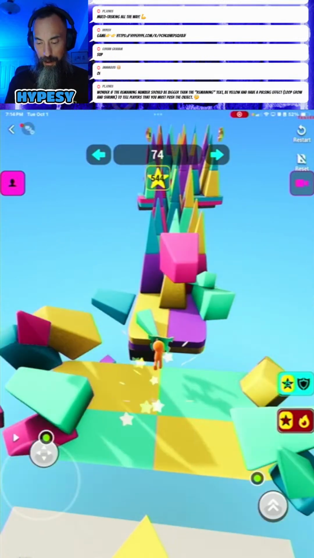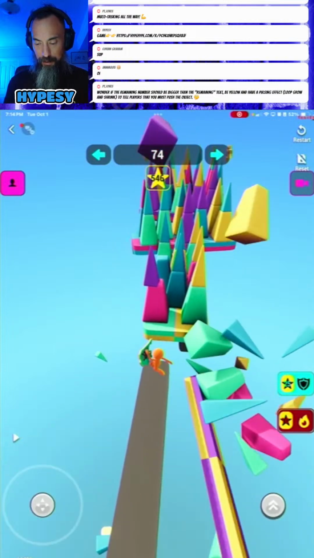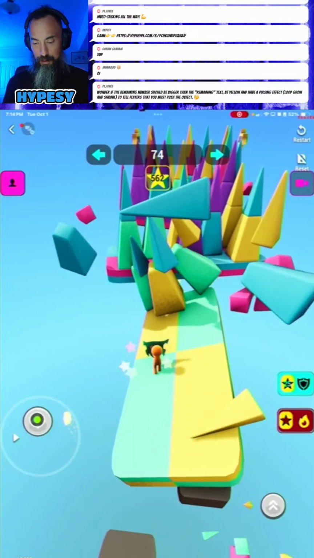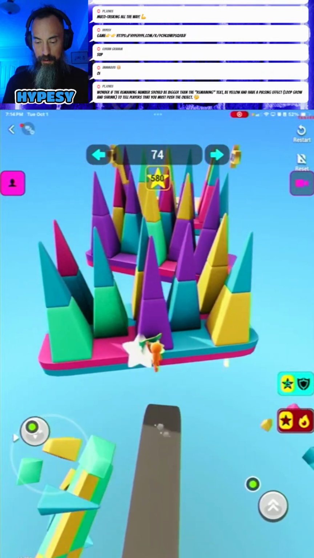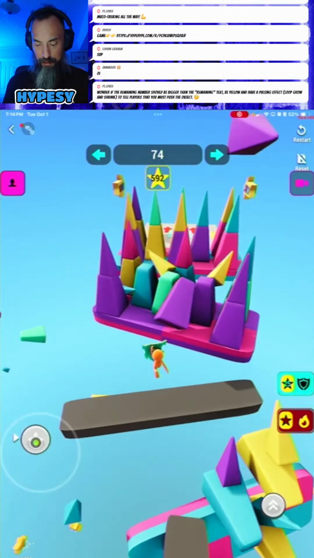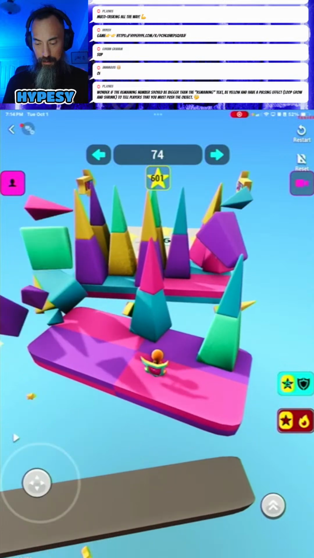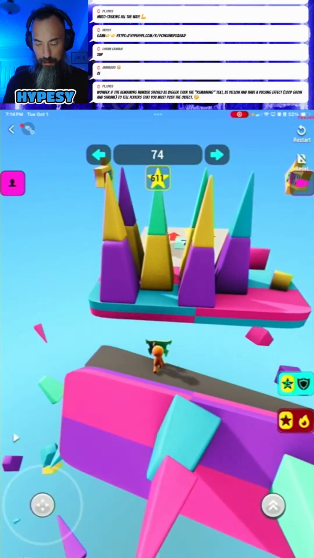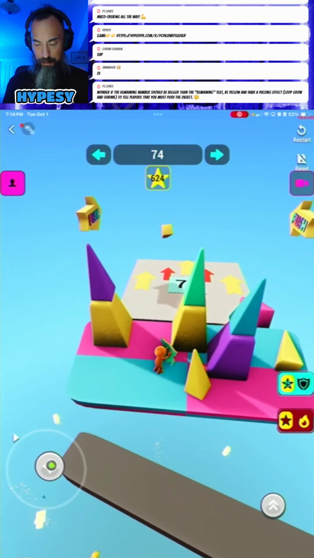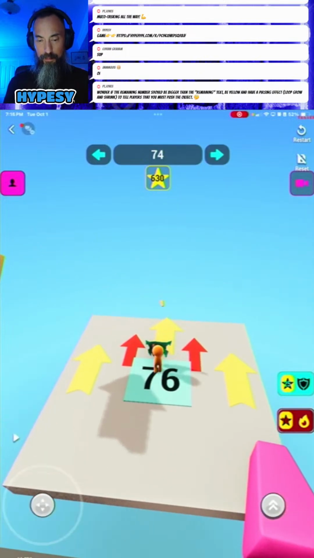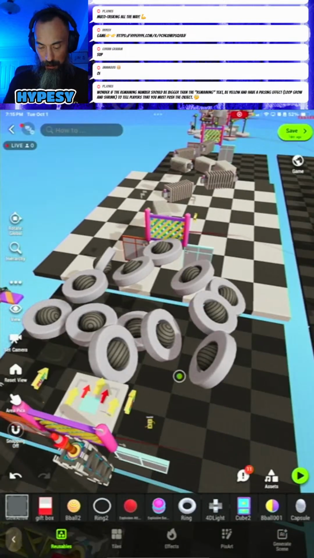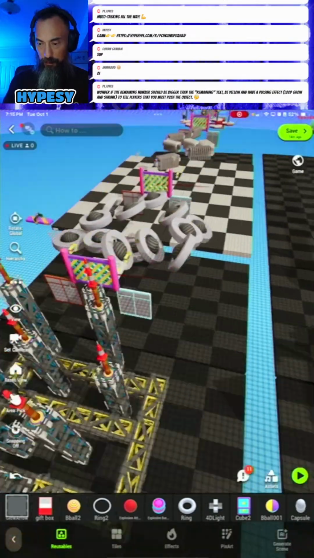And this is just that the platform kind of falls down. Easy enough.